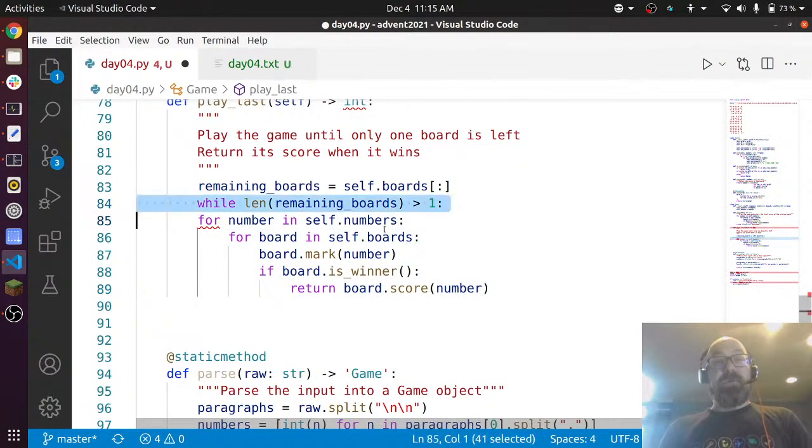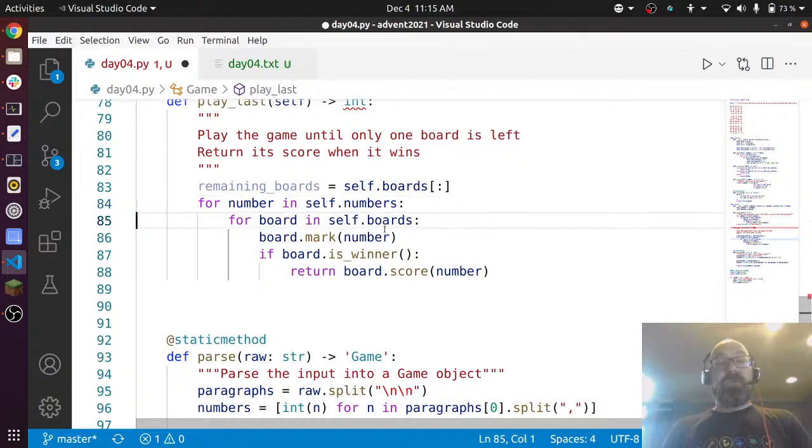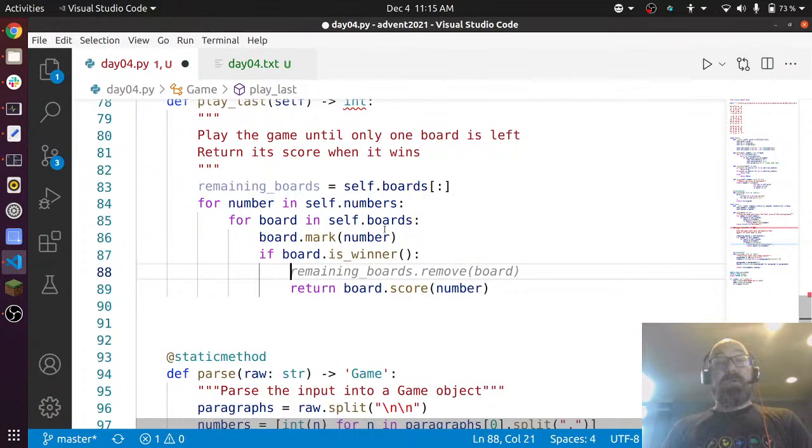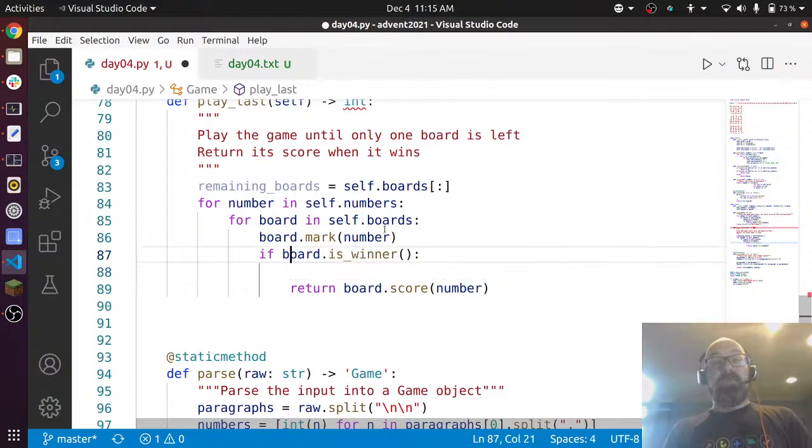Actually, no, here's what I want to do. For number in self.numbers, for board in board.numbers, if board is winner,